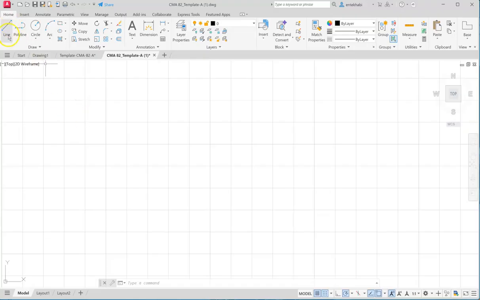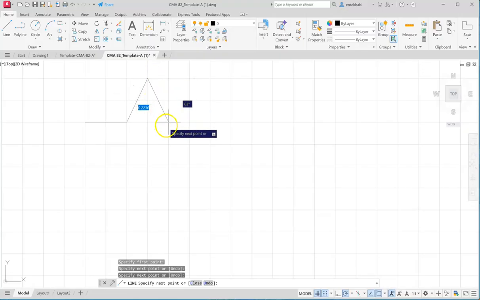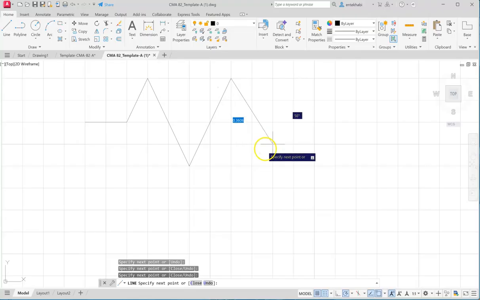I will use the line command and start from a point. It's something similar to what you see on that one here. I will go 2 grids up and 2 grids down from the center point here. Basically I have now zoomed.